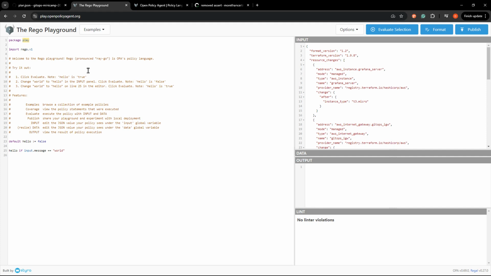So package, this is a logical package name here, has nothing to do with anything. It's not importing anything or anything like that. All it is doing is giving you something to reference whenever we have to reference the policy. So we'll just use Terraform here since it's going to be analyzing Terraform. Then after that, import